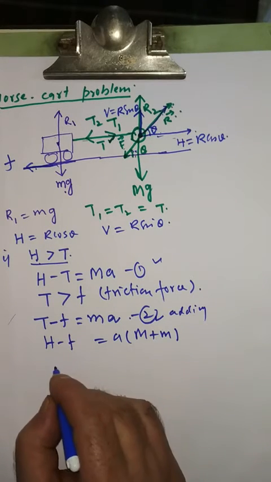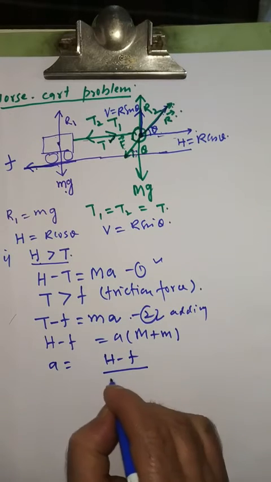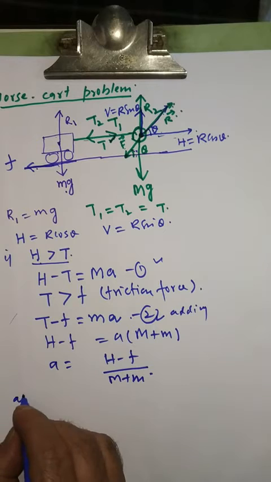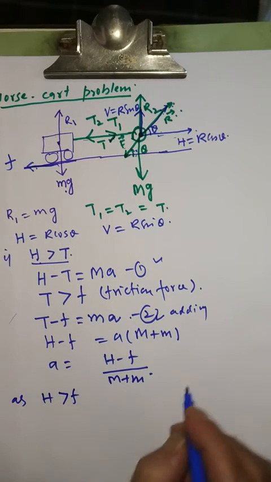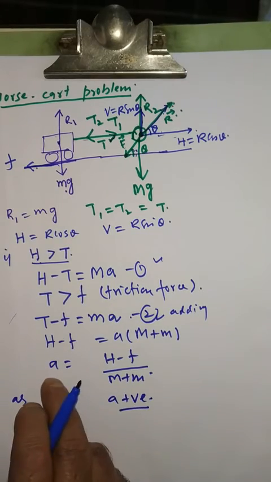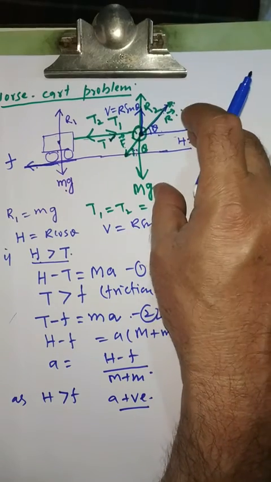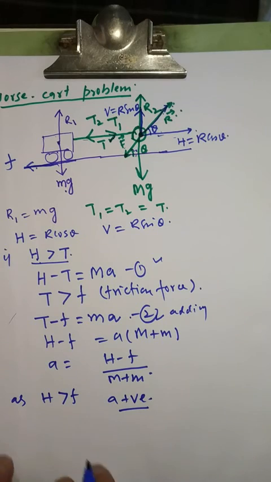So a will be equal to H minus F divided by M plus m. Now, as H is greater than F, then a is positive. So there will be a positive acceleration and the system will move forwards. Okay? Understood? Yes, sir. Okay. Now we have another